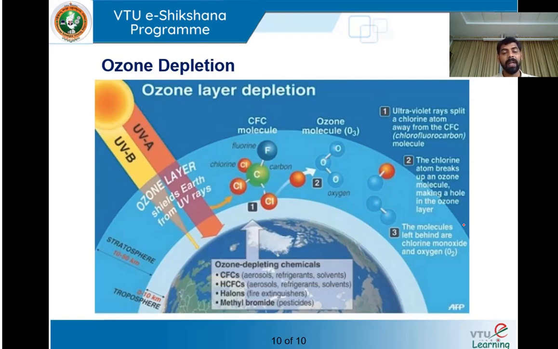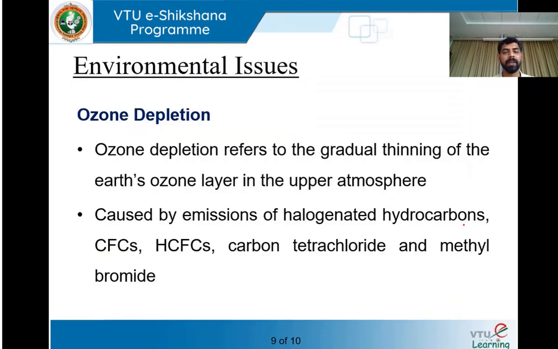What is this ozone? Why is it required? This ozone is a preventive layer which prevents harmful ultraviolet radiation from the sun from reaching the earth. What is ozone depletion then? Ozone depletion means the continuous decrease or gradual thinning of this ozone layer. That means the thickness of the ozone layer across the earth's surface is declining day by day. When it is declining day by day, what happens? It will no longer act as a barrier to block the UV radiation.